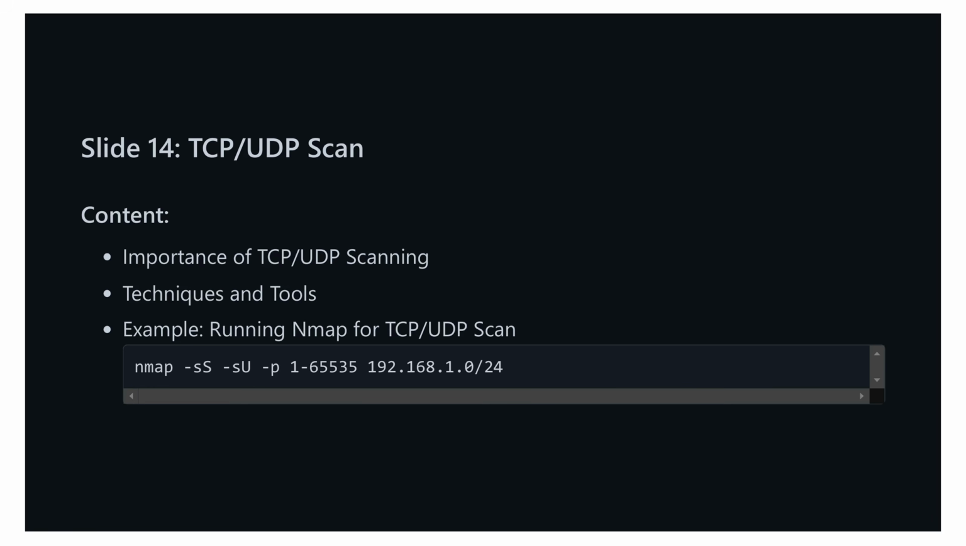Now we'll delve deeper into TCP/UDP scans. Slide 14 focuses on TCP and UDP scanning. These scans are crucial because they help identify open ports and the services running on them, which is fundamental for assessing the security posture of a network. We'll discuss the various techniques and tools you can use for TCP and UDP scanning. One of the most common and powerful tools is Nmap. For example, to run a TCP/UDP scan using Nmap, you can use the following command: